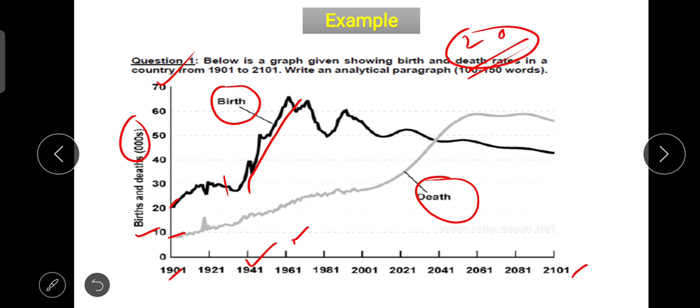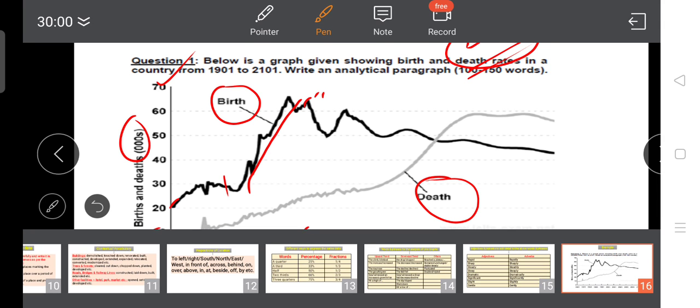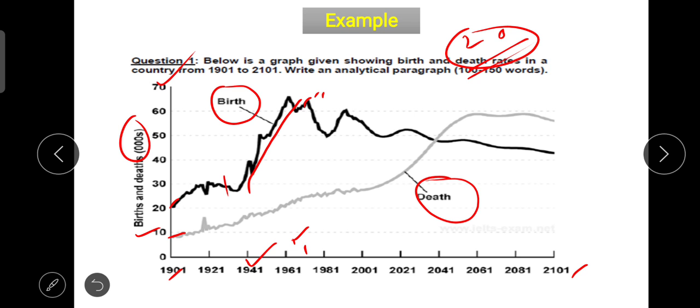Then it makes a valley over here from 1961 and maybe up to over here, 2-3 years. It drops down, again starts rising and makes a peak over here, and then again starts falling. In 1981 it again falls down and makes a valley over here. Then in 1981 it starts rising once again and reaches this point. So we can conclude over here it is around